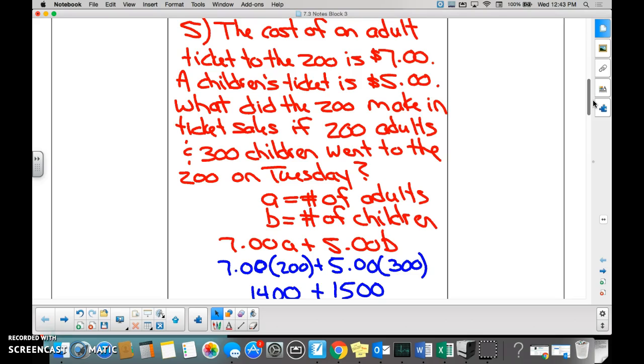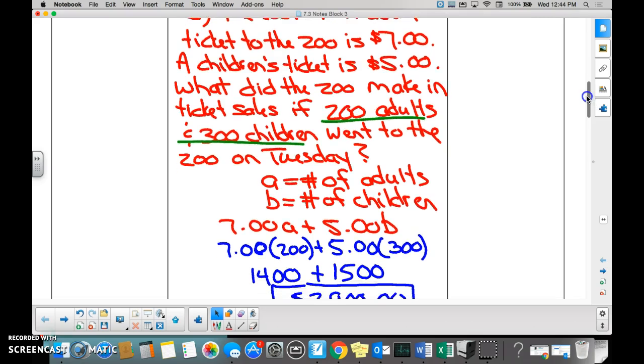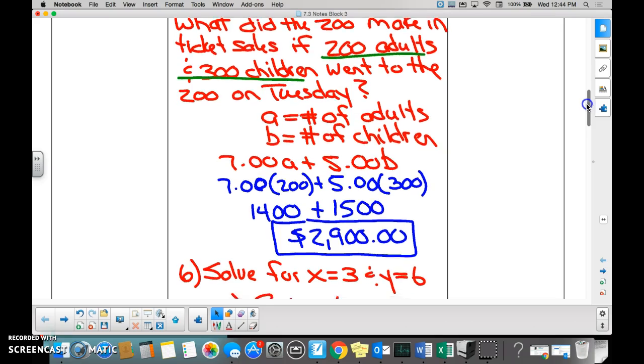is $5. And on Tuesday, so yesterday, 200 adults went to the zoo and 300 children. Is that going to be the same with every single day? No, it's not going to be the same for every single day. And we want to write a code in a computer so that at the end of each day, we can tell how much money we made in ticket sales. The question is just how much did we make on Tuesday, but I want to know how much we make